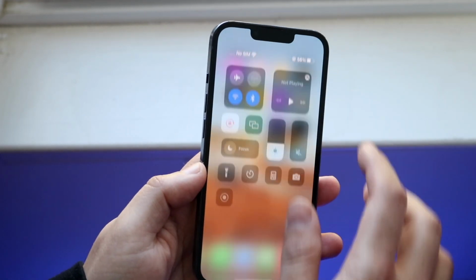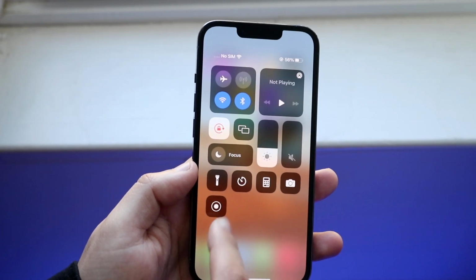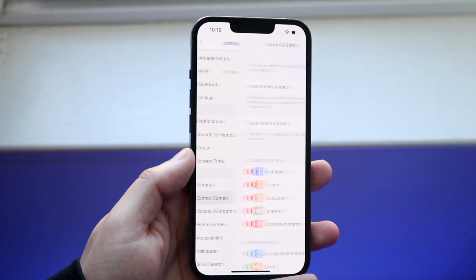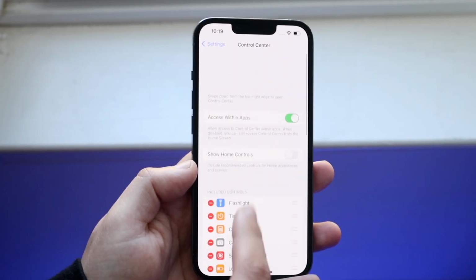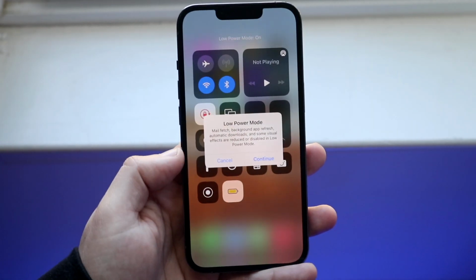All you want to do is swipe down from the top right and you'll come into this panel. Now, if for some reason you don't have the low power mode toggle here like I don't, you want to click on Settings, click on Control Center here, scroll down and find Low Power Mode, which is right here, click plus, and as long as it's right here, you're pretty much set. So now what you can do is scroll down and you can enable low power mode like this,